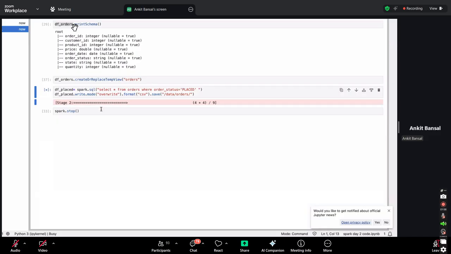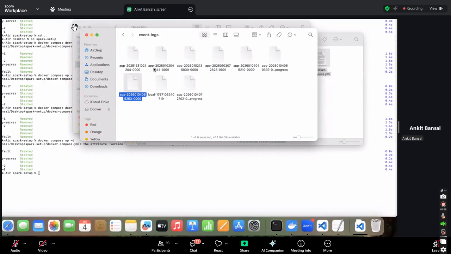You will understand this stage and all in the next session. Next session is the most exciting session, I will say, of this bootcamp. Trust me. The full core of Spark we are going to learn in next Saturday session. So make sure you don't miss it, right? And I will go here,